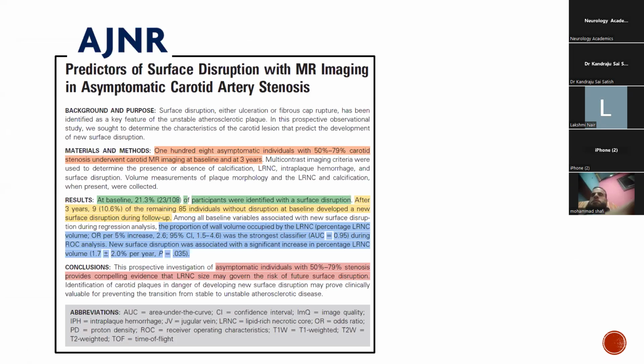And this is another study that studied the predictors of surface disruption on MR imaging in asymptomatic carotid stenosis. They found that the surface disruption is directly proportional to the